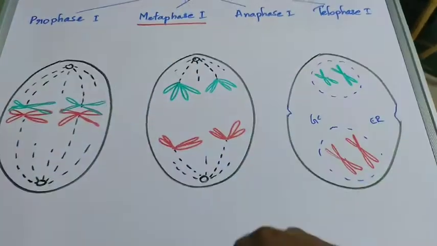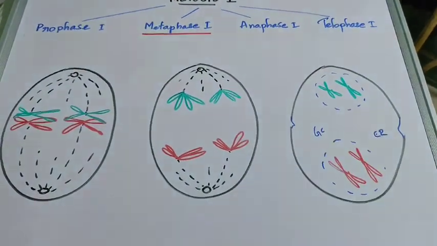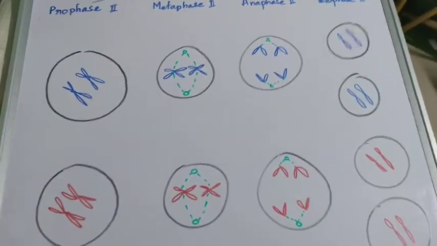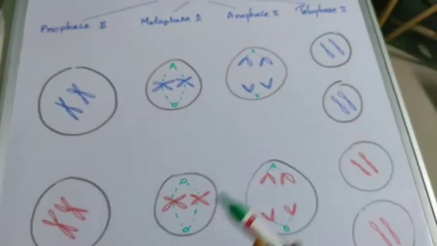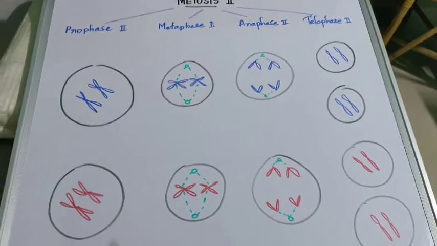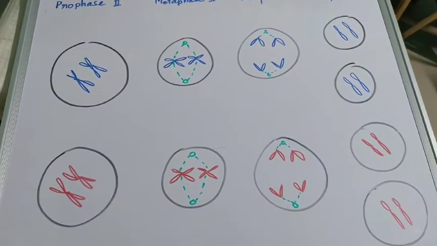to the parent. Okay, now begins the second meiosis, that is meiosis II. Now at the beginning of prophase 2, we have 2 daughter cells, each of them ready for the second stage, that is the meiosis II. Now what happens here? That we have cell 1, we have cell 2.